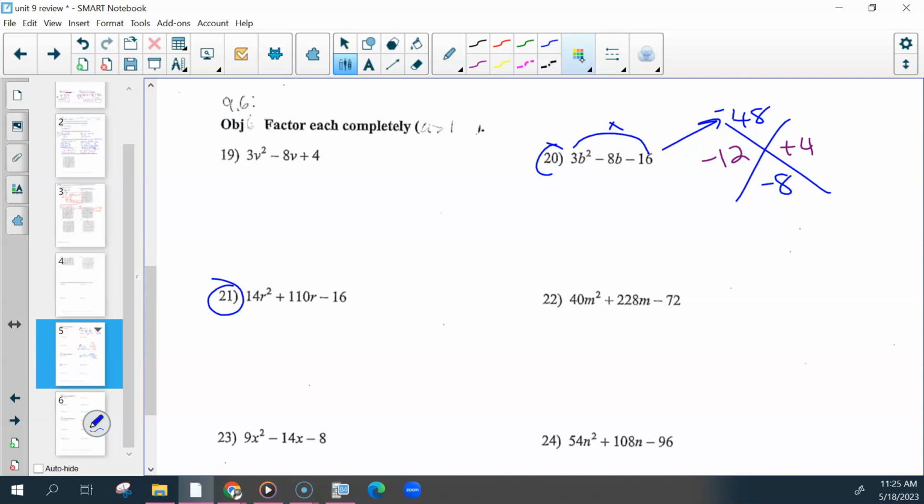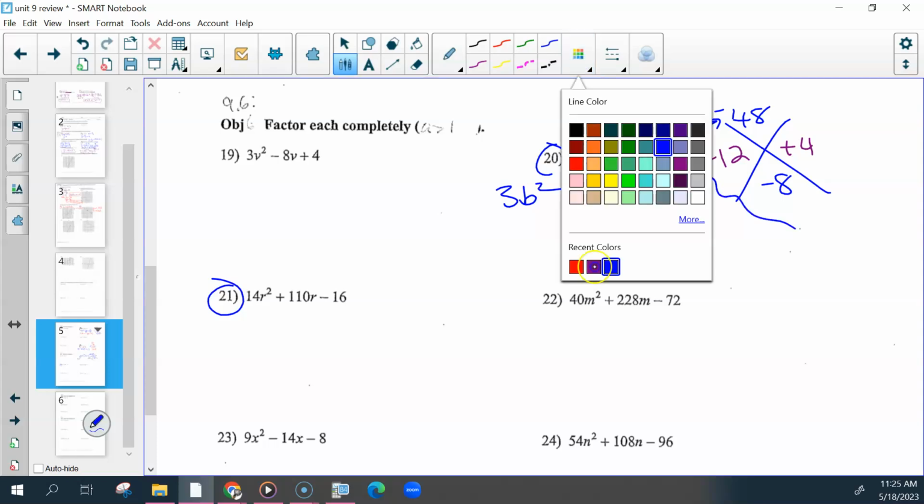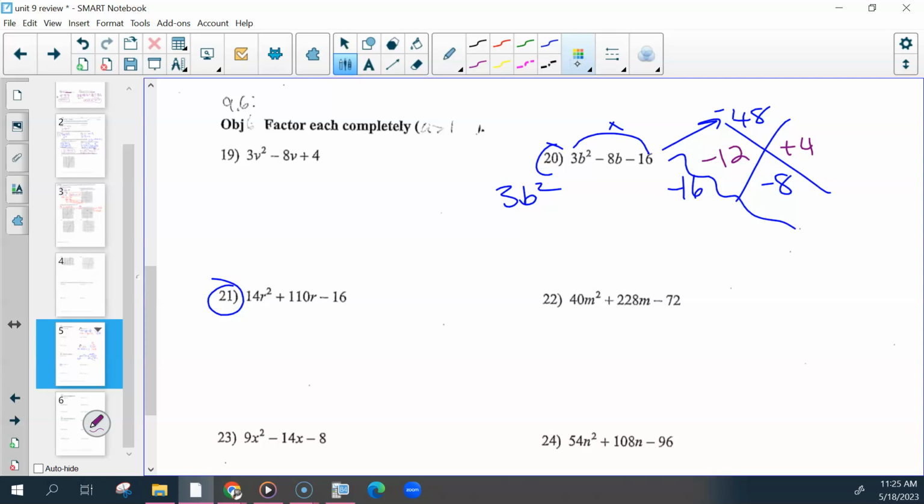So then you rewrite this into 4 terms. The first and the last stay the same. The middle 2 are now the 2 numbers you found, but they need the variable that was in the equation. Does not matter the order. Then you split that down the middle